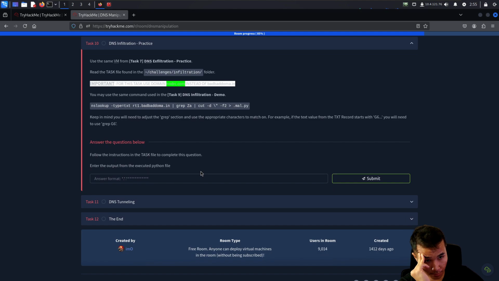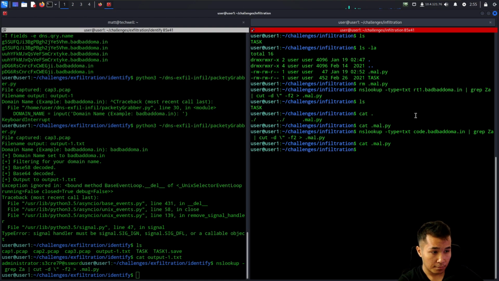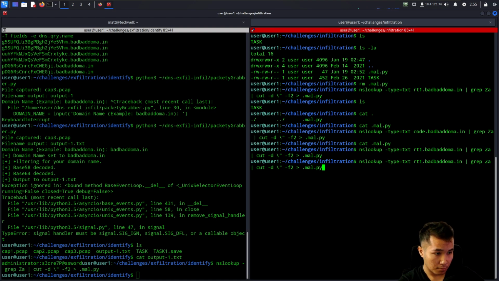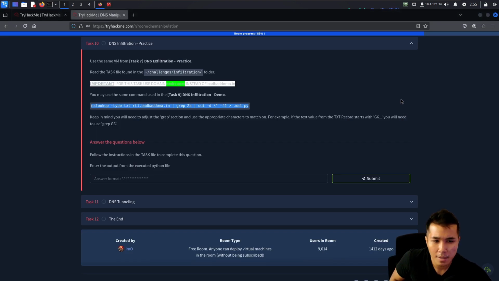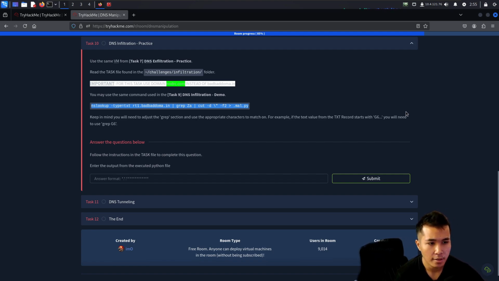You may use the same command using task 9. And I get nothing. Keep in mind you will need to adjust the grep section and use the appropriate characters to match on. For example, if the text value in the TXT record starts with G6, you will need